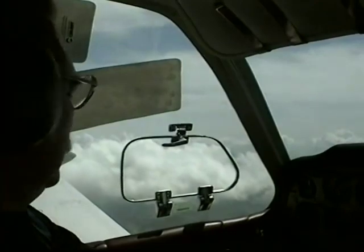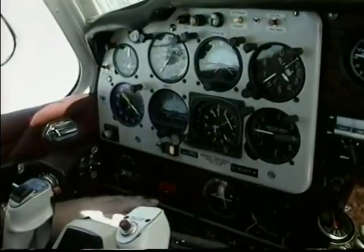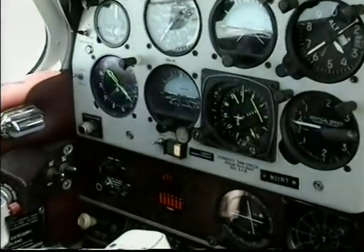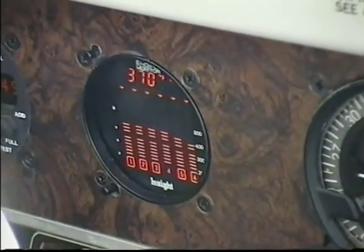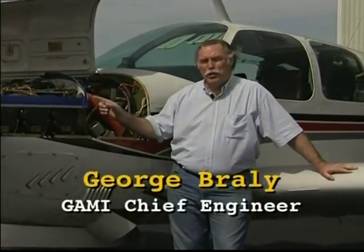Shortly after I purchased this airplane, I installed a brand new IO-550 engine. And along with that engine installation, we installed a GEM 6-probe EGT engine monitor. As an engineer, it quickly dawned on me that this was not one engine, but it was 6 different engines out here running in front of me, one for each of the 6 cylinders. And they were all running at different horsepower and different fuel-air ratios instead of purring along together like one good